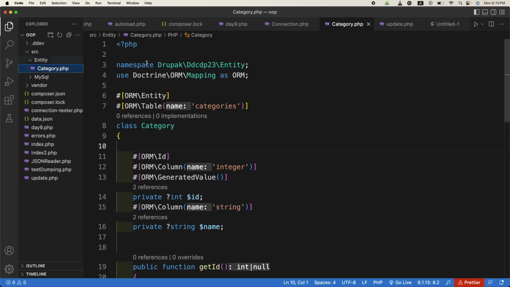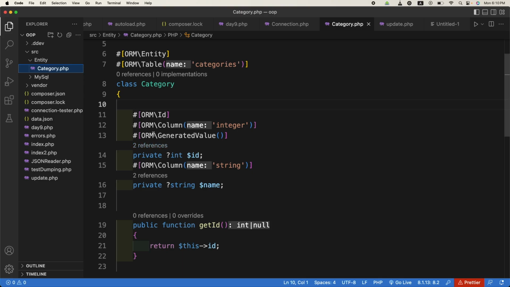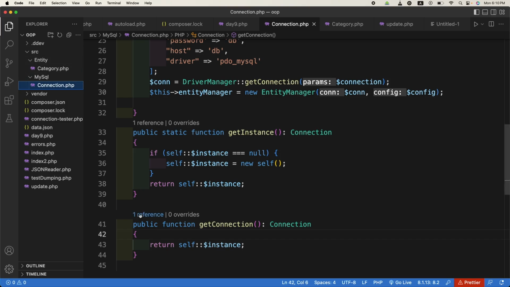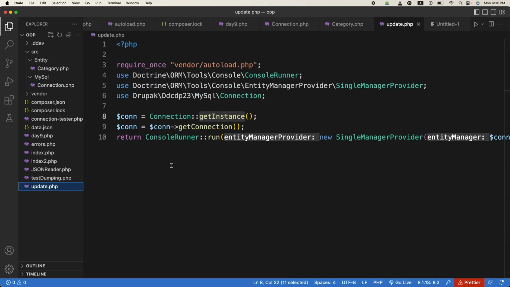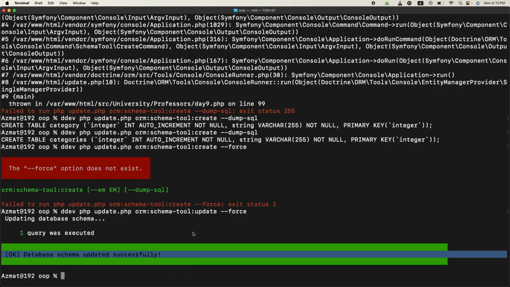In the entity we have the category.php, and it has some metadata code in front of the class as well as in front of the properties. And in MySQL we have the connection with the Doctrine setup. So just running this code in update.php, we were able to create this table from code. We haven't gone into phpMyAdmin and created our table. In a very large application, for example, you can create such classes and then